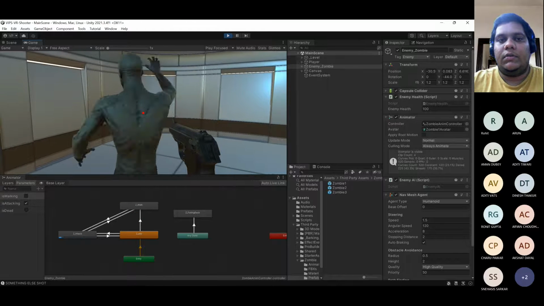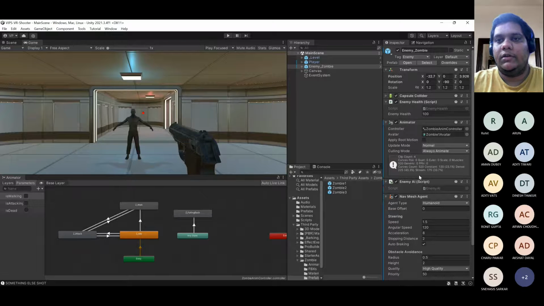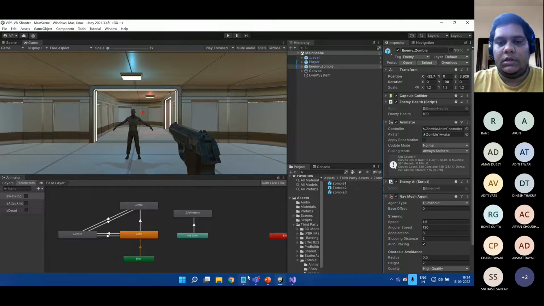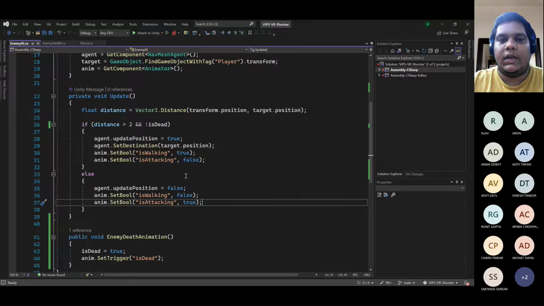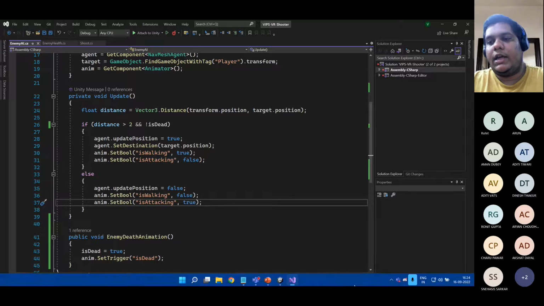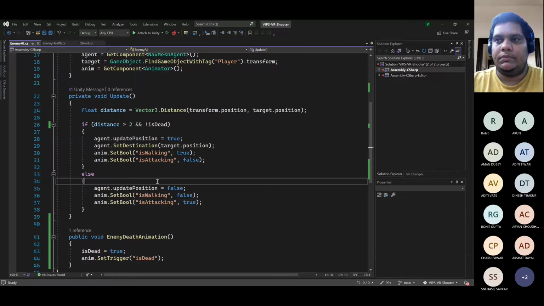So for this, we'll add another condition. We'll add another check. So for that, we'll go to the place in our else statement, because this is where the attacking is happening. For walking, it's fine. It is randomly looking here and there and walking. But for attacking, we want the enemy to look at us while attacking at least. So what we'll do is here we'll set up a